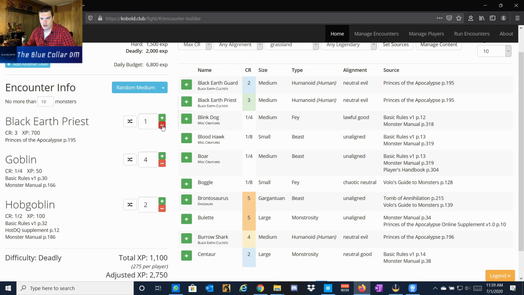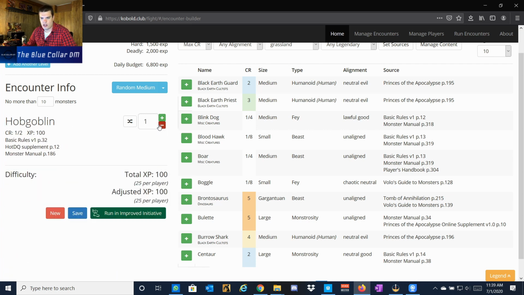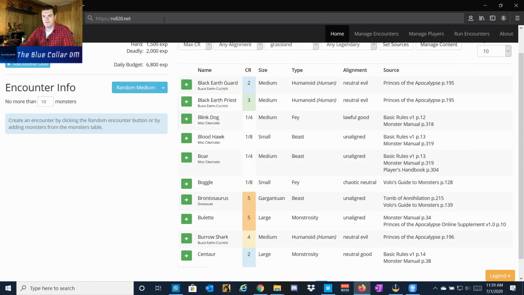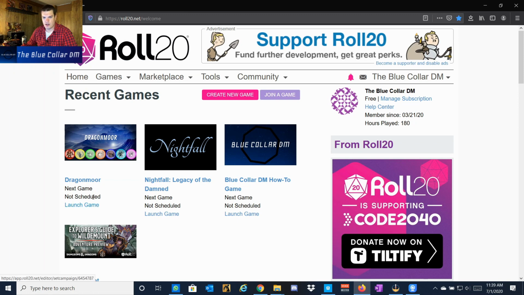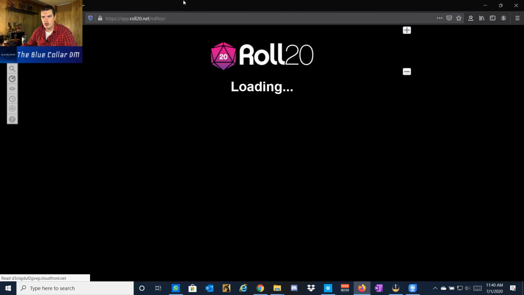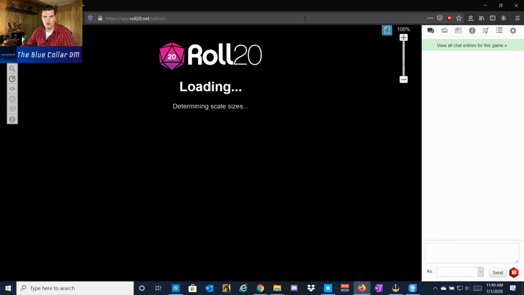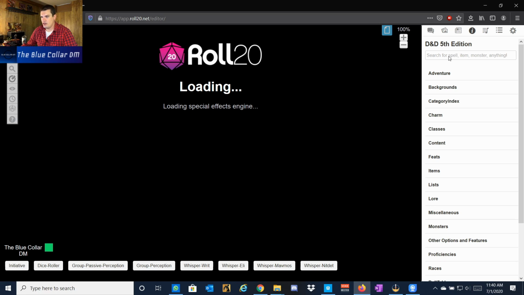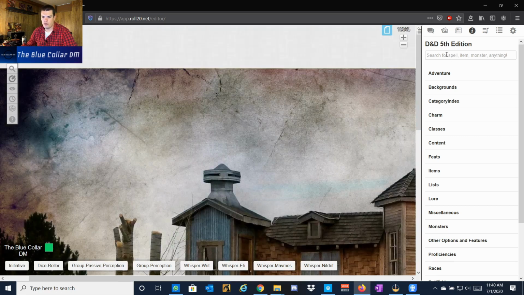The other thing I want to show you guys, and I think what we're going to do, is jump into Roll20, just as an example. And while that loads, one of the things that I want to talk about is giving monsters weaknesses and resistances. So a lot of monsters that we have in the Dungeons & Dragons Monster Manual, Player's Handbook, basic rules,